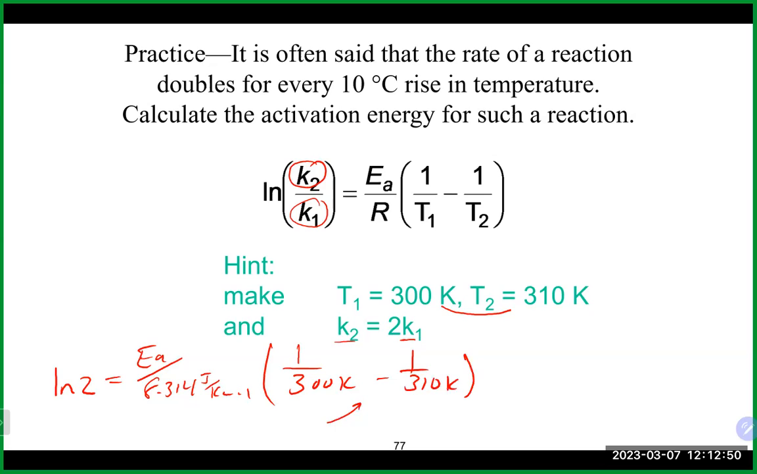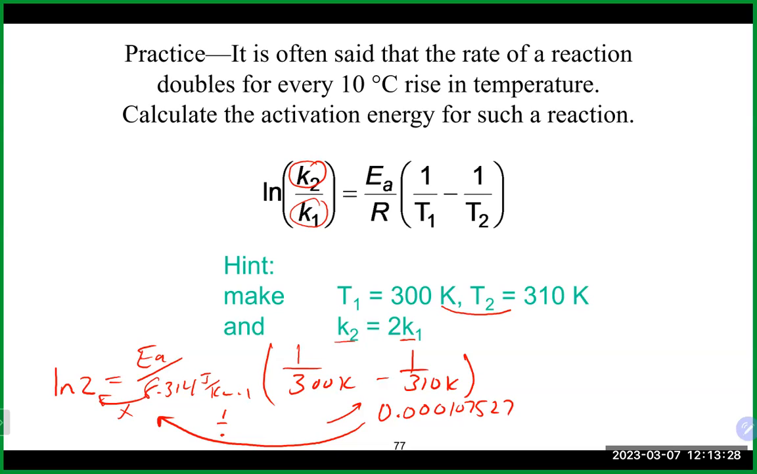We'll clean up what's in there, and that would get us 1 divided by 300 minus 1 divided by 310, which gives us 0.000107527. In this case, we're going to do the same math. We're going to send the 8.314, multiply it to the other side, and then divide that number back to the other side. That gives us the natural log of 2, which is 0.693,